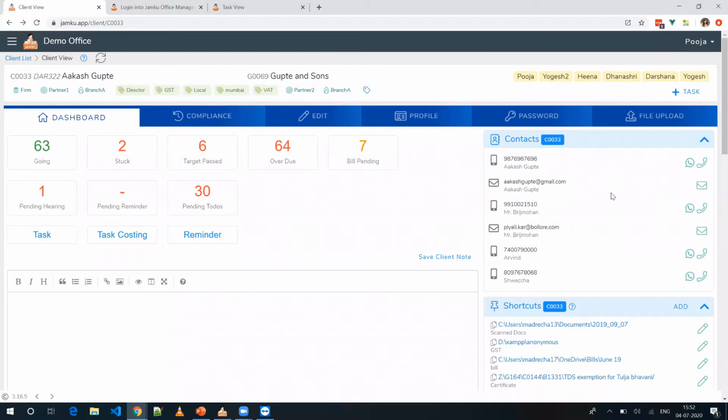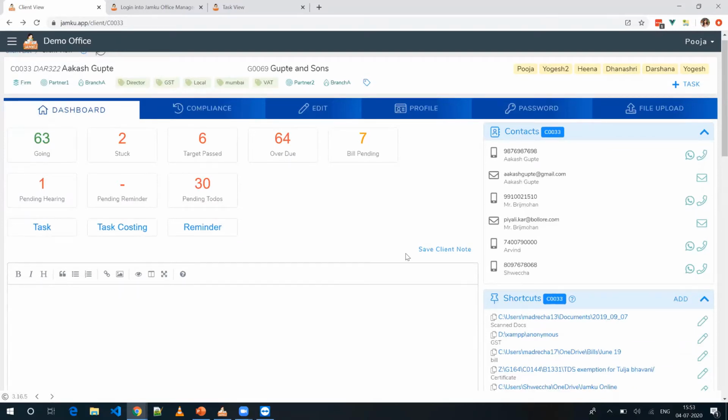And all these things which I am showing you over here are available on the mobile app as well. So I hope all of you have downloaded the mobile apps. We have Android and iOS, both the apps available. So these features you can more conveniently use from your mobile phones, like this WhatsApp feature or this calling feature, wherein when you click on this calling icon, your dialer screen will appear directly.